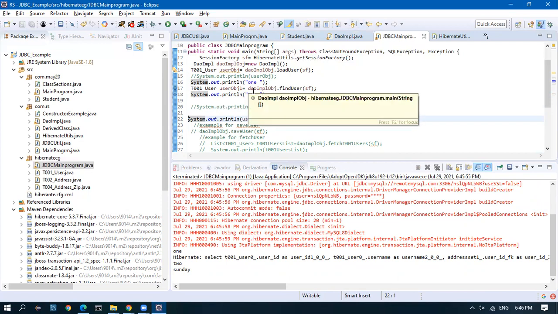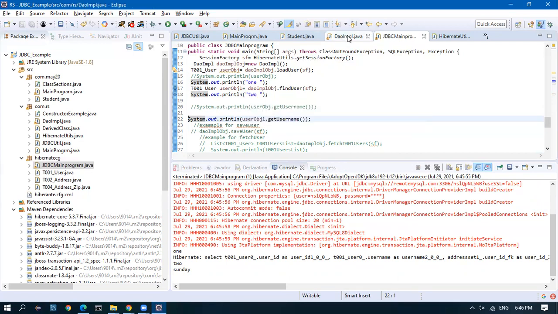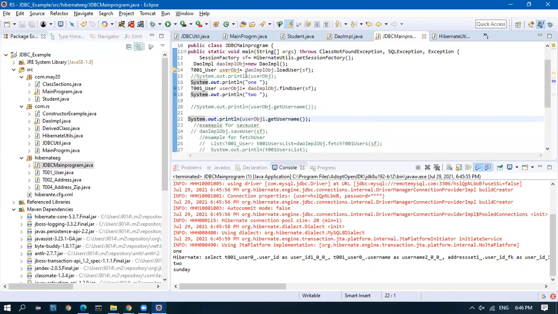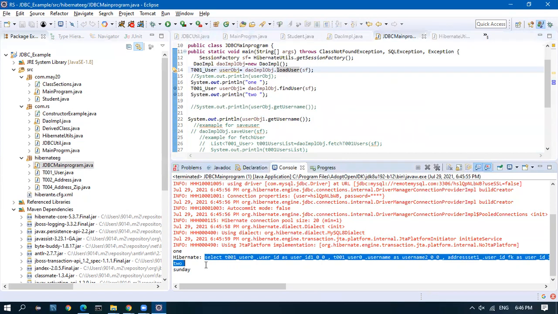Hibernate has 2 functions inside the DAO, find and load. The load method does not run the query unless the user tries to access the result from the query.